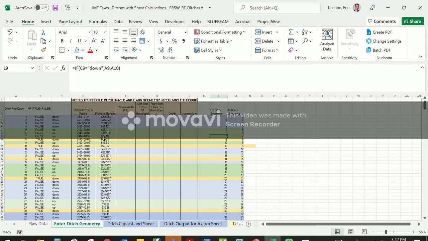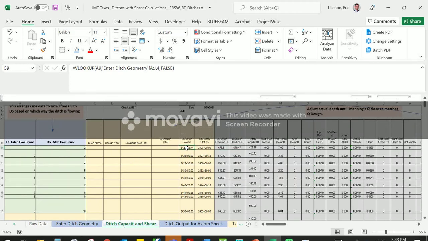So it's analyzing from the 650.017 to where it's going down there. And then it's analyzing from 8 to 9 as well, because it's going back the other way. So this does the work for you so that we don't have to go into this spreadsheet and say from this station to this station and organize all that data. But what we do instead